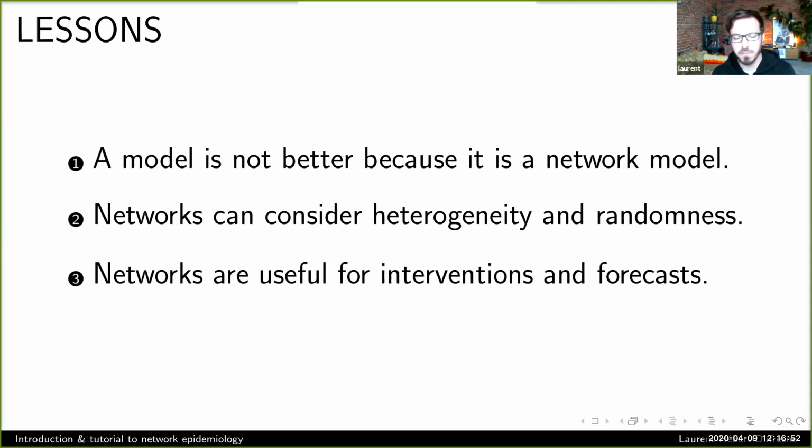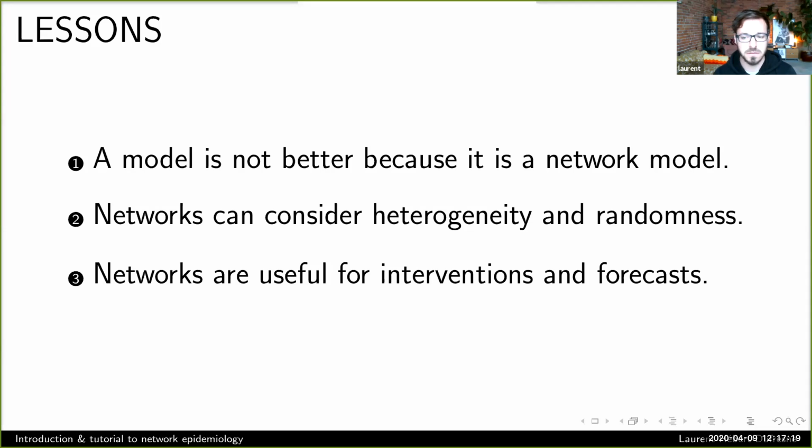I like to remember often what an old friend always says, which is that we want our models to contain everything that we do know and nothing that we don't. So network models have the potential to be more informative, but they're so hard to work with that we have to be very careful and well aware of their assumptions and underlying mechanisms. The key part of why they're still interesting, despite being hard to use, is that they can allow us to consider, as Michelle said in the introduction, the heterogeneity of contact structure and of the population in which a disease might spread.